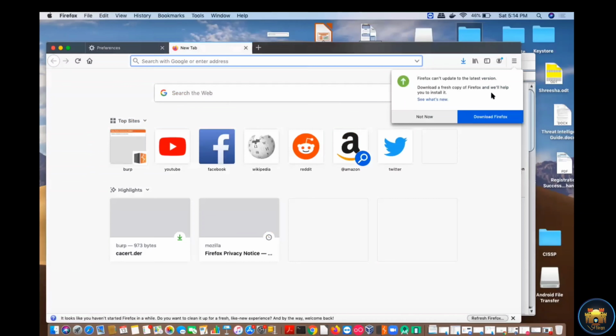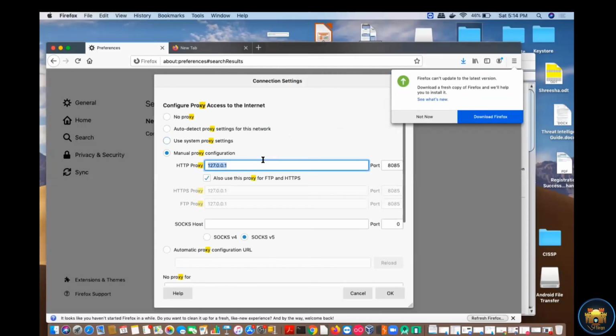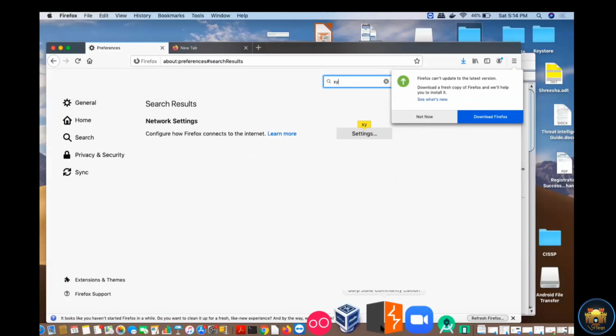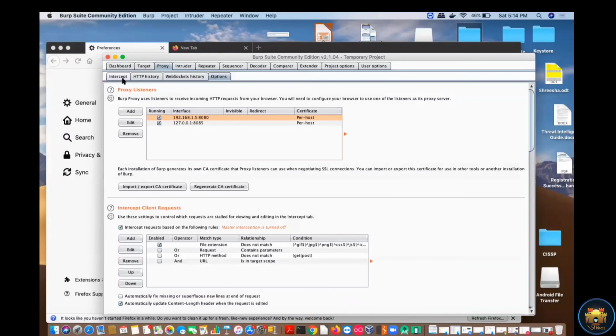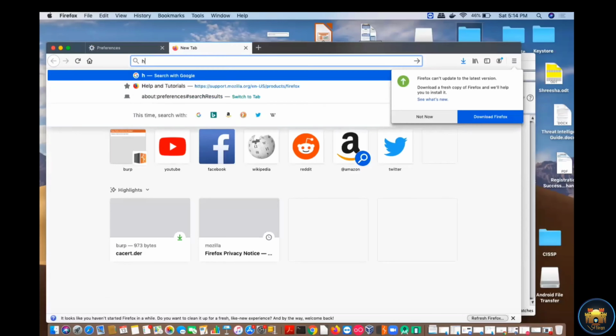So I will configure my Mozilla browser here, and this one is running on localhost and then 8085. Perfect. So I will just intercept the request here and try to download the Burp certificate.